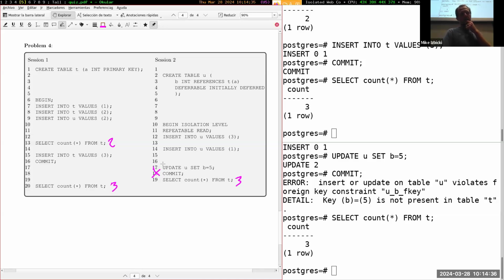So the question is here on line 17. This is updating every row inside of U because there is no where clause. So it's updating every row inside of U. And we've updated 2 rows inside of U before here on line 12 and 14. And the question is, so why is this not causing an error about there's nothing to update or something along those lines? And the answer is because all of the changes here to U are happening inside of this same